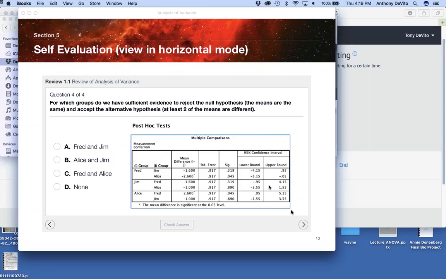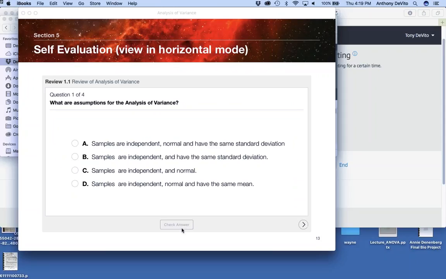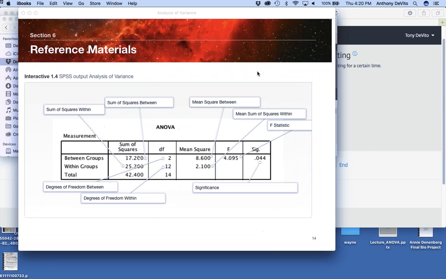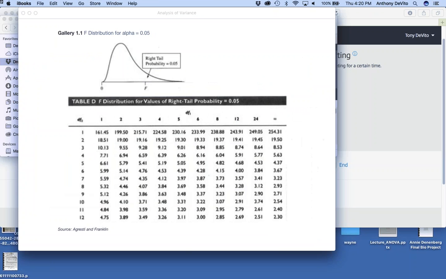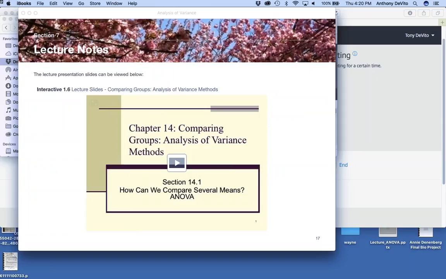And again, you can ask some other questions, and eventually you can check the answer. It'll tell you how many. We didn't answer the last question. You can start over if you want to. So it's kind of a neat way to present this information. You know, there again, I guess I'm not sure what I'm looking at here. Oh yeah, and it actually has also the entire PowerPoint associated with the